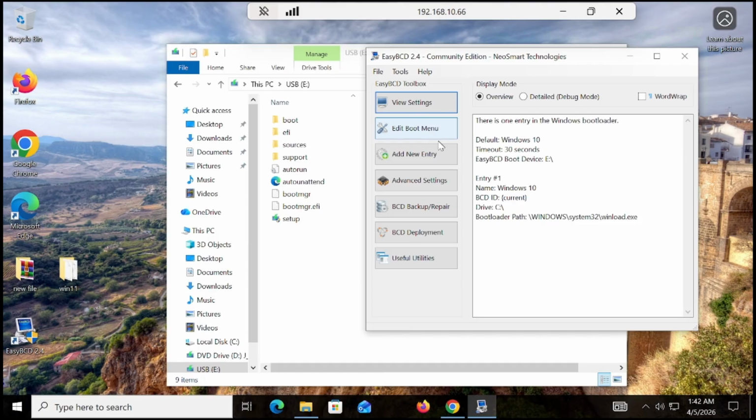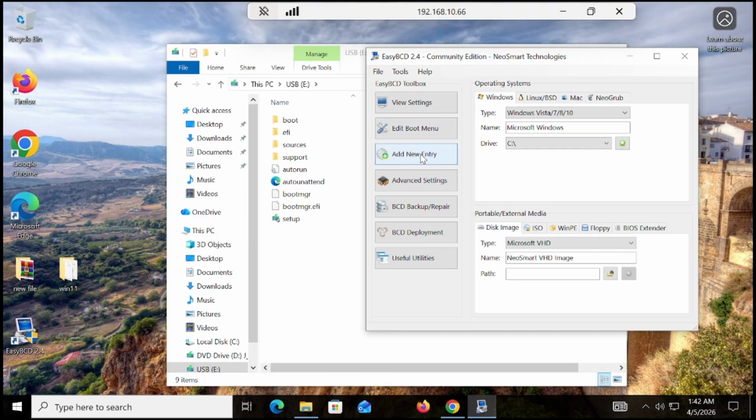onto the BCD software and click onto the add new entry, and then you have to click onto the WinPE. Then after that you have to give any name, like we are installing Windows 11, you can give any name, there is no restriction, so it's just a formality. So Win 11,